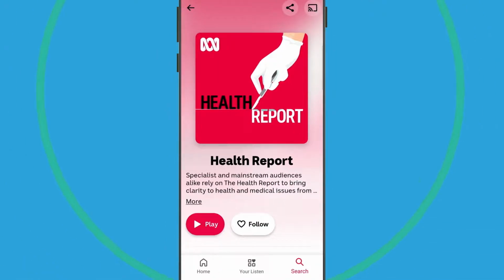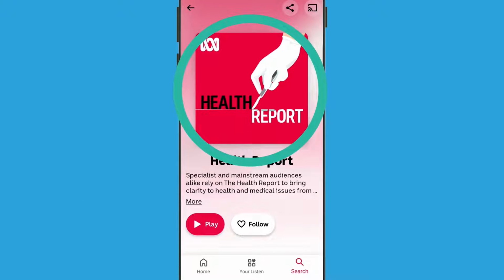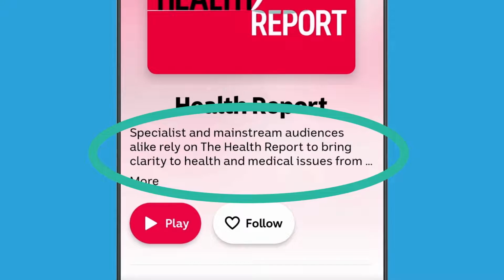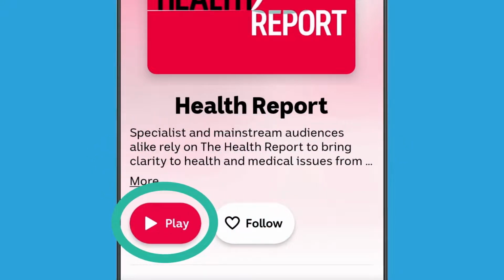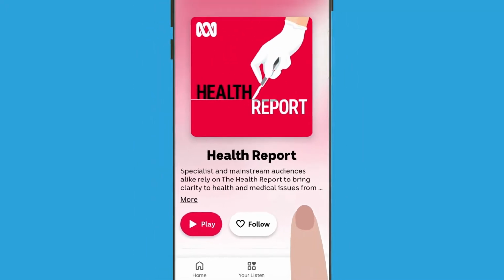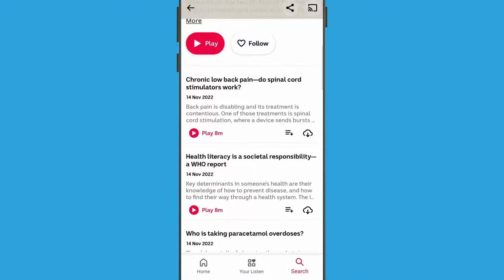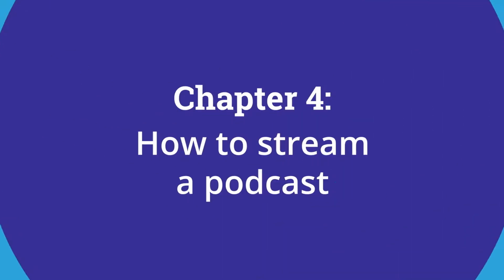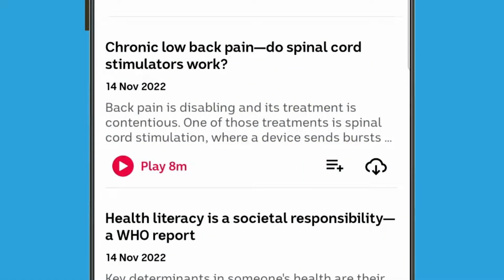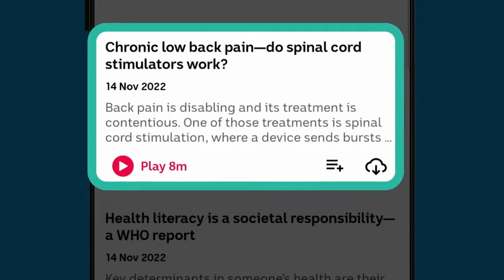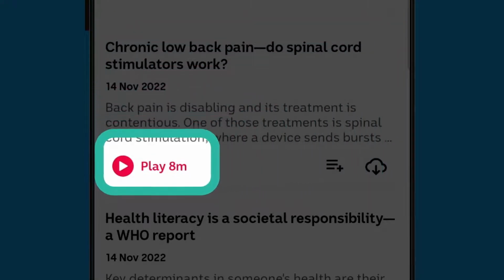At the top of this page is the cover artwork for the podcast and some information about it. You could tap Play to play the latest episode, or scroll down to see all the episodes. Each episode is presented with a short description of what it's about. If you find one that you want to listen to, tap Play, and the episode will be downloaded to your